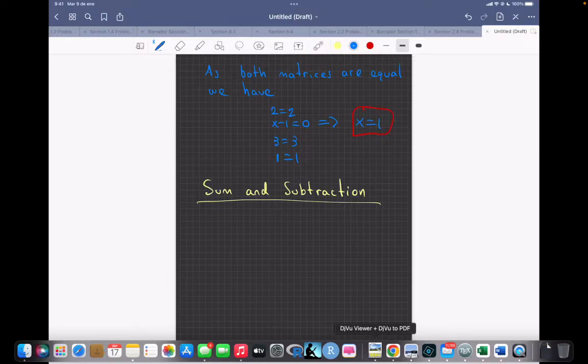Sum and subtraction of matrices. Given two matrices, A and B, with the same size, we define a new matrix that is given like this: A plus B